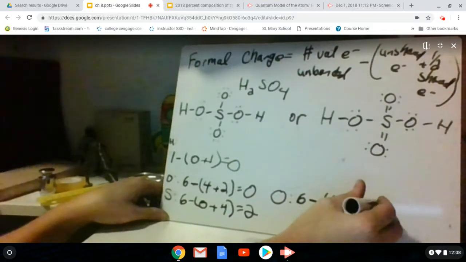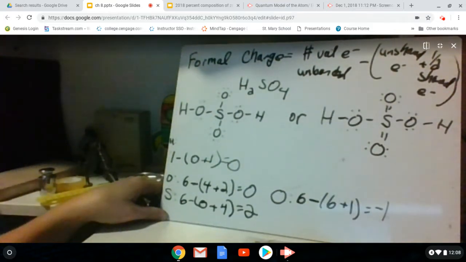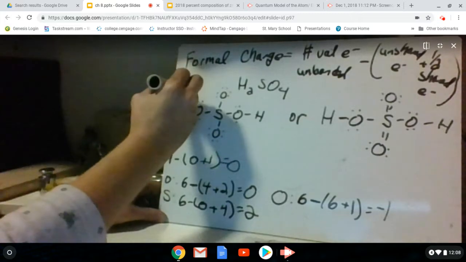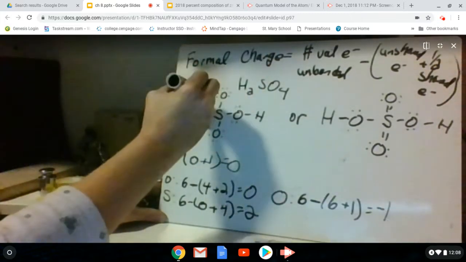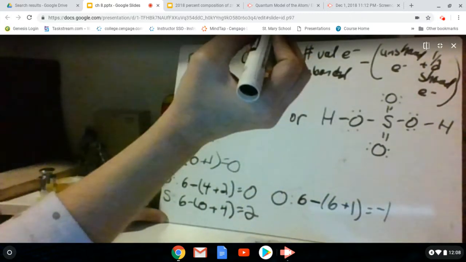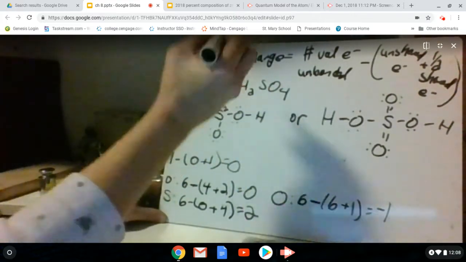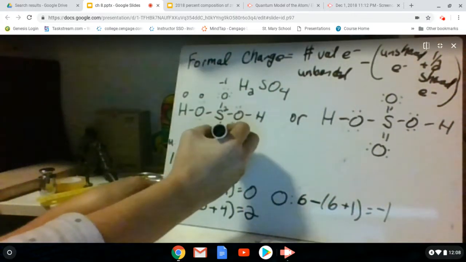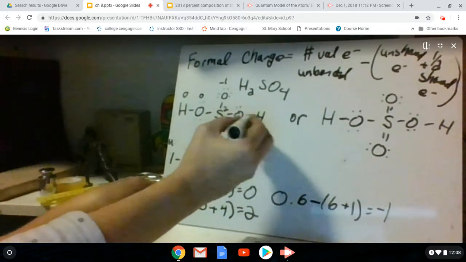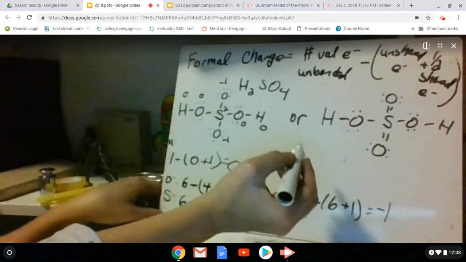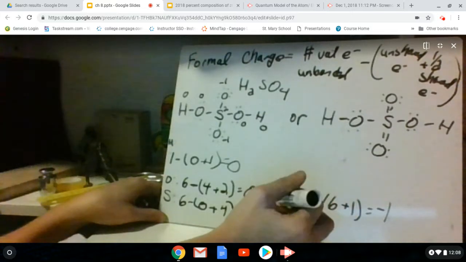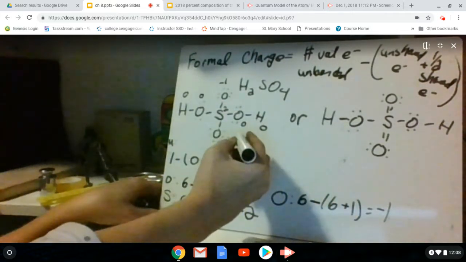And that gives it an overall formal charge of -1. Okay, so on this compound, this has a formal charge of 0. This has a formal charge of 0. The sulfur has a formal charge of 2. This oxygen has a -1. This oxygen has a -1. This has a 0. This has a 0. So overall, the overall formal charge for this compound is